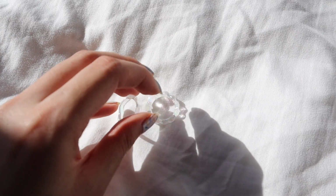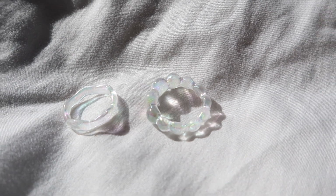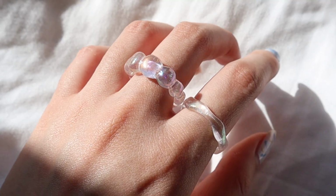Nobody asked, but as someone who really likes rings, I got these two over here. They're the acrylic style rings that have been quite popular because they're really light. Sometimes they look like glass, and they don't really break when you drop them. These two that I have are really similar actually, both transparent holographic. One has this wavy style, and one has this blob